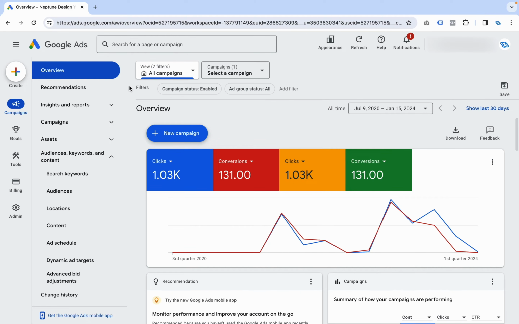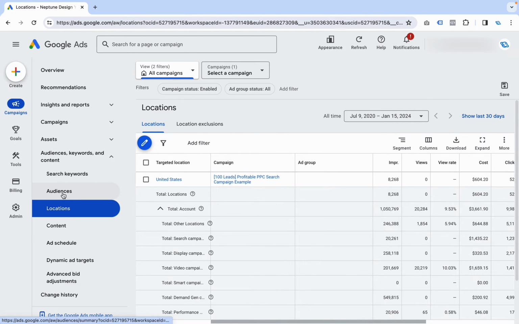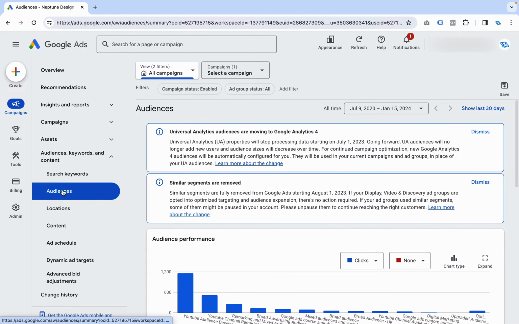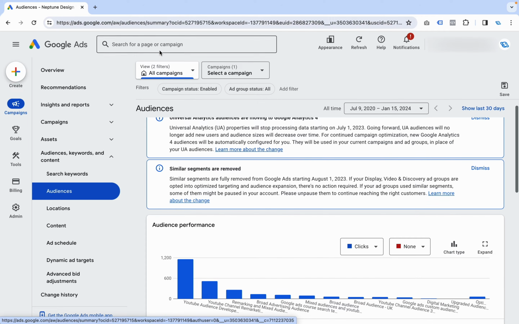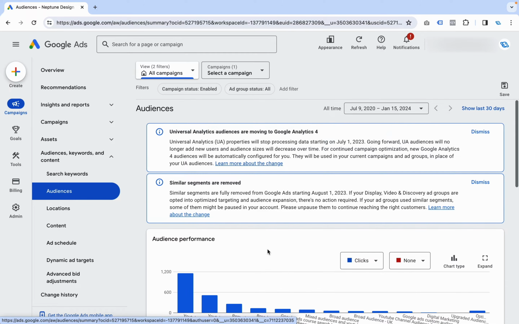So for example, right now, you can see that I've got all my campaigns selected. And when I go into audiences, you can see now that it's taking all of my ads information from every single campaign that I'm running, and it's compiling it into one giant report over here. And you can really switch through reports in this tab. That's why I call it the report tab. And you can really go through the campaign and make sure that everything is operating just the way you want.